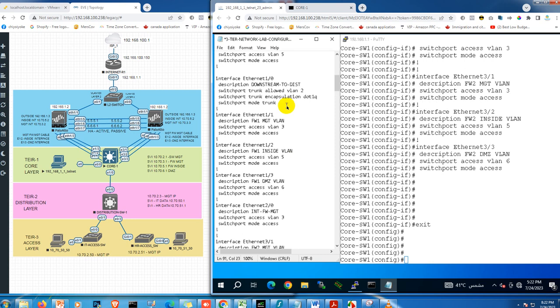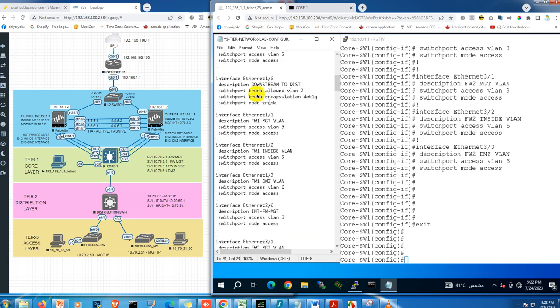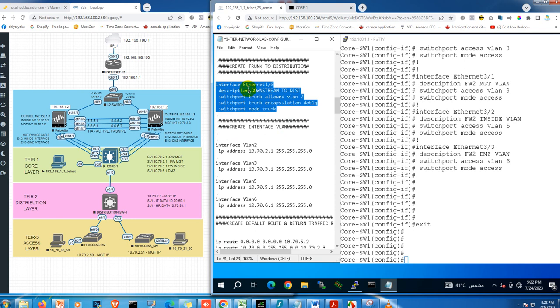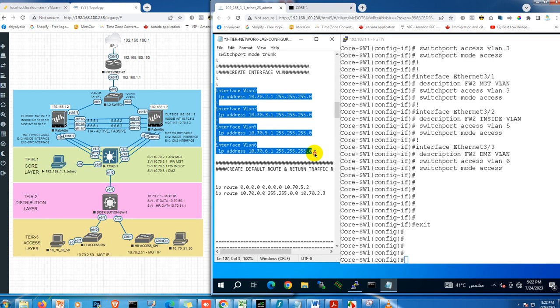I create it again here. Yeah, this is a double 1.0 1.0. Yeah, it's a double configuration. No need for this. So we'll create the interface VLAN